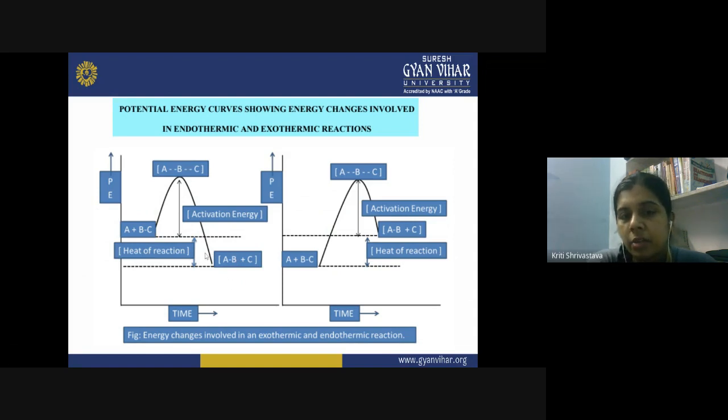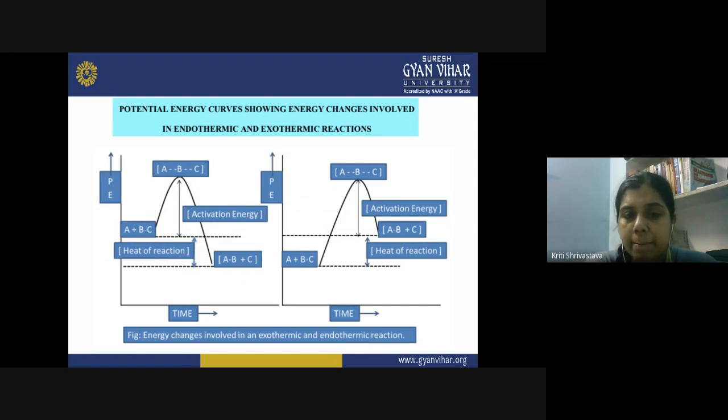So when it is transforming itself into the product, it has to lower down by this much amount of energy. And what will this energy be? It is the heat of the reaction. If the product has lesser energy, then there will be an overall evolution of heat. This much amount of heat will be released by the reactant molecule so as to reach the energy state of the product. Because there is a net evolution of potential energy in the form of heat, you call it an exothermic reaction.